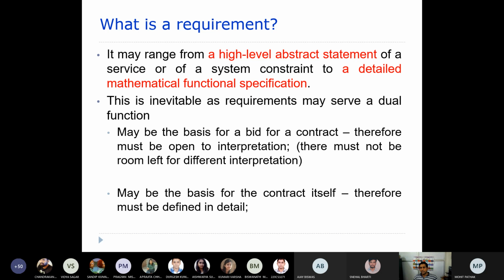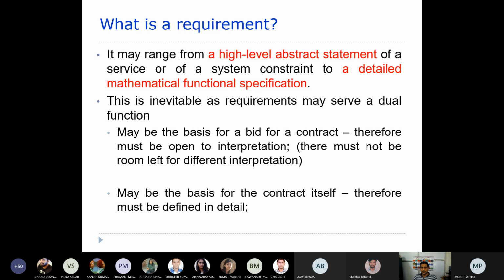Because you see, whenever a company, let's say we as a client want some software for our institute, what do we try to do? We place all the requirements and those requirements will be given in the form of a tender. Okay, now the tender is open. So there are different developers, maybe Infosys, maybe Wipro, maybe TCS.